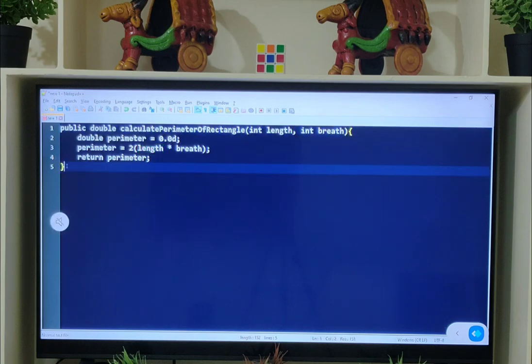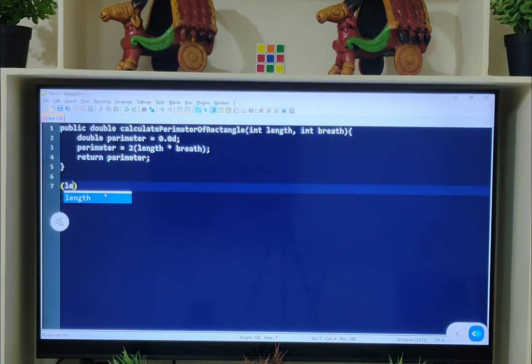Now let's convert the above function into a lambda expression. We discussed already, lambda expression does not have a name of the method, it does not have a return type, and it does not have an access modifier. If this method is taking only one parameter, we don't need to write the braces. If it has more than one parameter, we need to put those parameters in the braces. Let's take length, breadth, arrow operator,